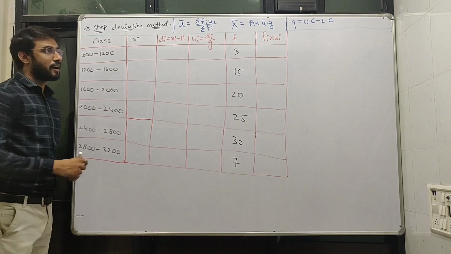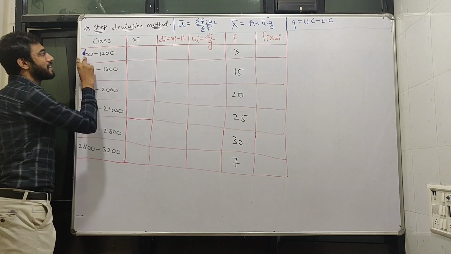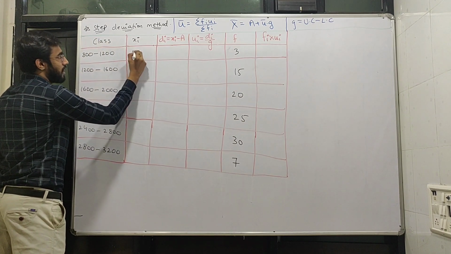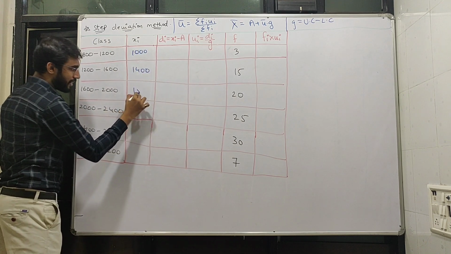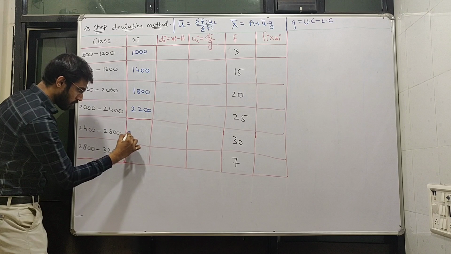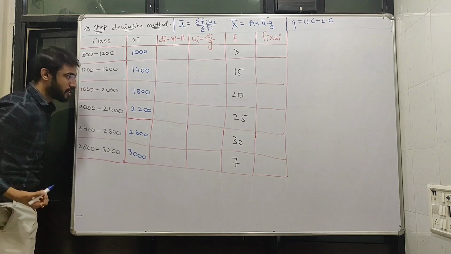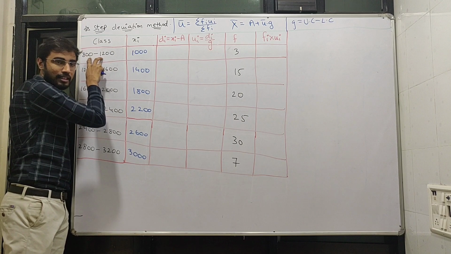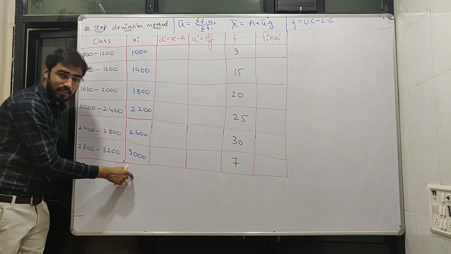So the next value we have to calculate is of xi. Xi is what? The midpoint. So the midpoint of 800 and 1200, you can calculate it and check the answers here as 1000, next 1400, 1800, 2200, 2600 and 3000. Okay, you know how to calculate the values for xi. We have to take the average of these two terms, as in 800 plus 1200 divided by 2. The answers obtained for xi will be these.